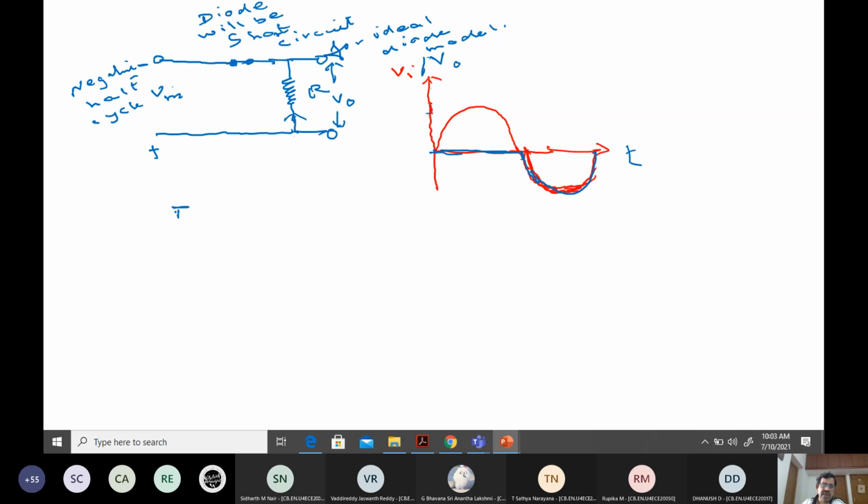Okay, and so the transfer characteristic. I have told you what is a transfer characteristic in the earlier class. Whenever you plot the output and the input together, output versus input, you will get what is called transfer characteristics. Okay, which means how much of the input signal is being reflected in the output.